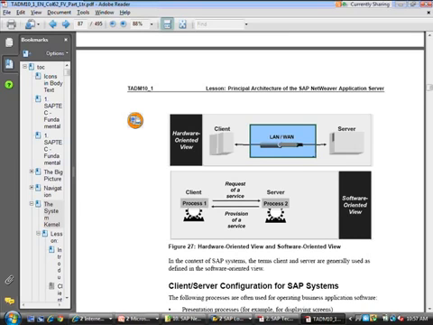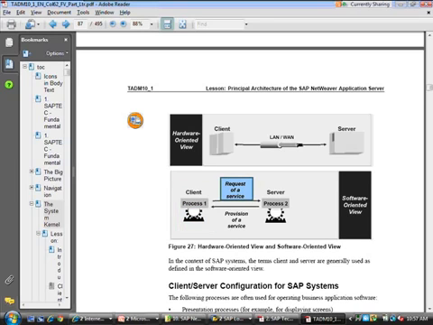But that's a hardware-oriented viewpoint. The software-oriented viewpoint is different. The software-oriented viewpoint is that any process running could be running wherever. As long as that process is requesting information, requesting a service, it is a client.